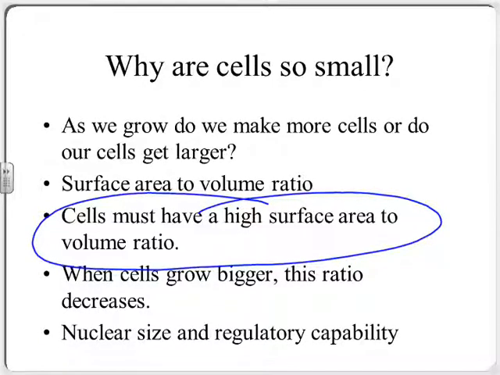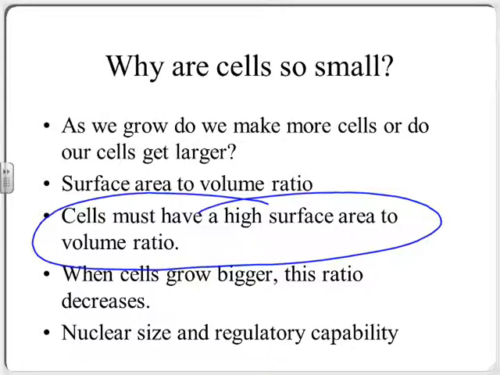Bigger animals have a lower ratio of surface area to volume. Smaller animals have a higher surface area to volume ratio. Now I'm not talking about per cell. Per cell, they both have to have what kind of ratio? A large one. Because that's the only way those cells can survive, is if they have a large surface area to volume ratio. Don't confuse my analogy.